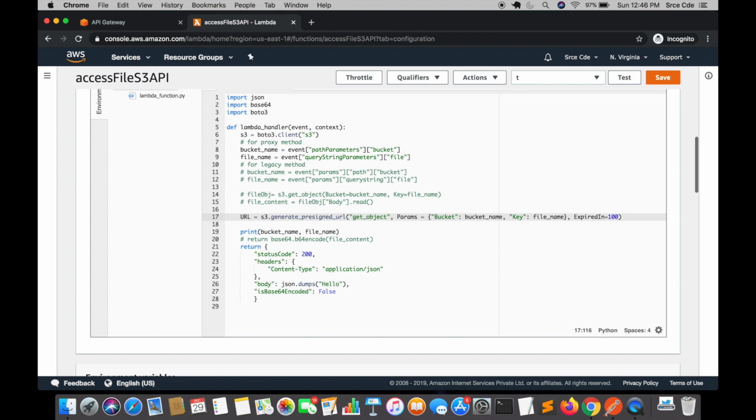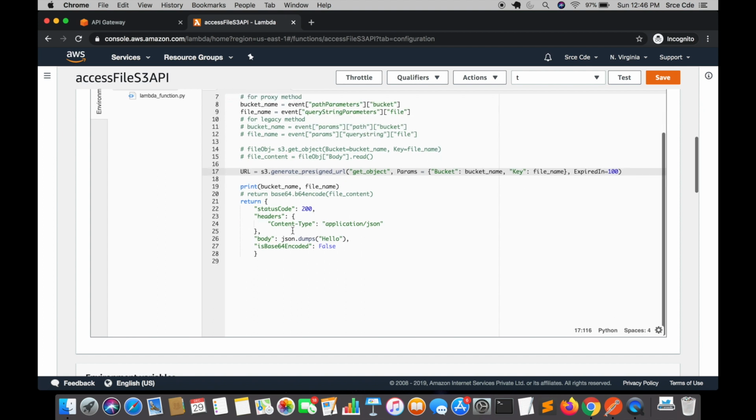ExpiresIn basically accepts the value in seconds, so after how many seconds you want that URL to expire. I'm saying here that after 100 seconds that URL will expire, and any user with that URL will not be able to access that S3 object or file. So now I think we are all done, and finally we have to make one more change on line number